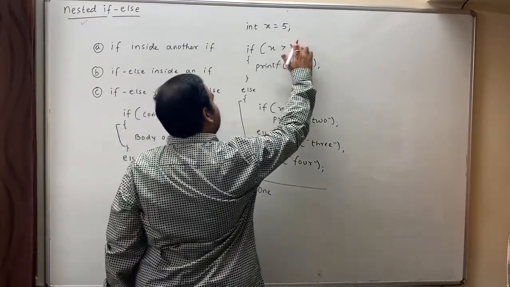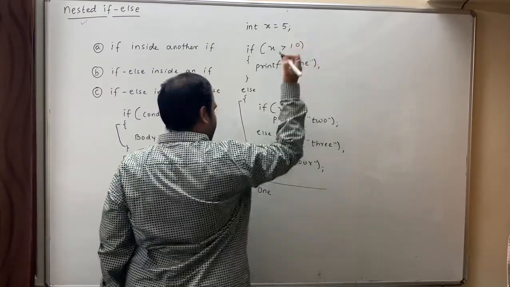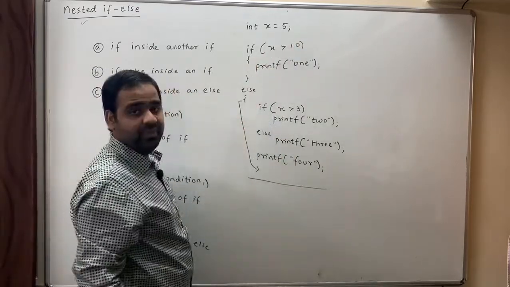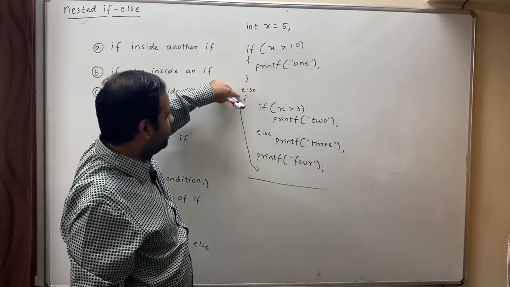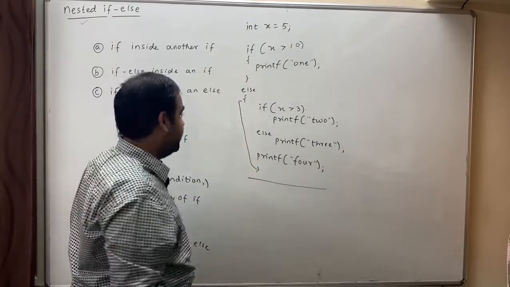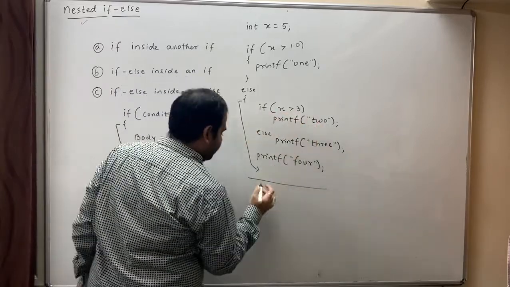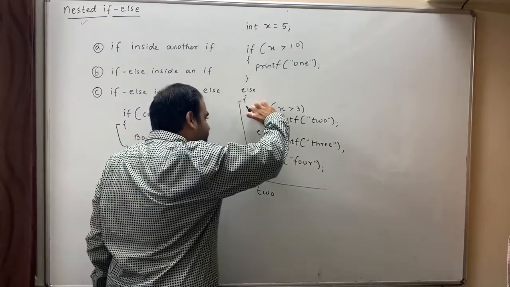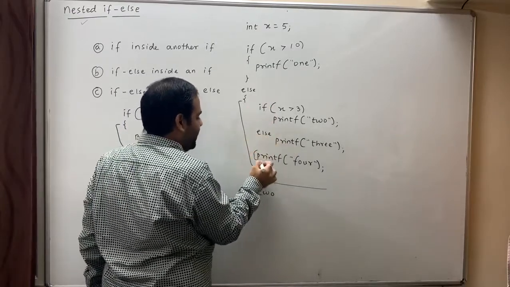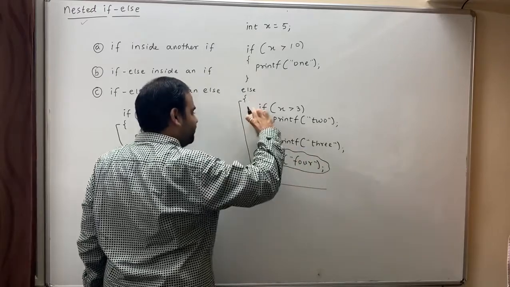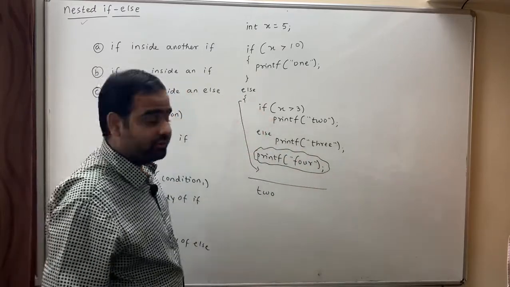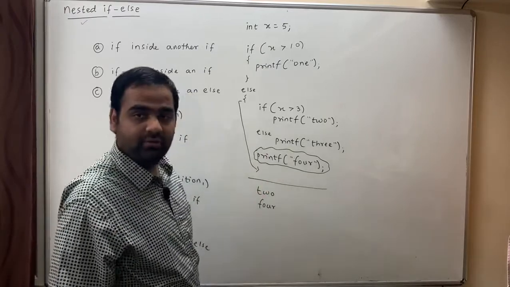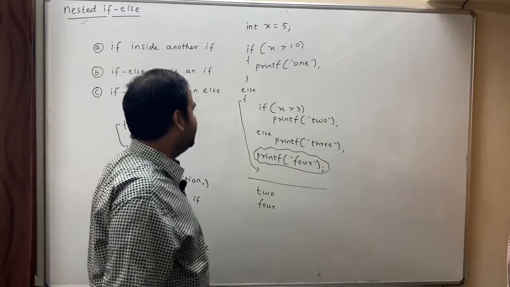Okay. Now let me say if x is greater than 10, how does it work? First we will check x greater than 10. Yes, the body of if should be executed, but the body of else should not be executed. Now again it will check x greater than 3. Yes, x is greater than 3, therefore it should print 2. Since if has got executed, else should not be executed, and this is outside of this if and else, and it should print 4 as well. Let's see the next scenario.